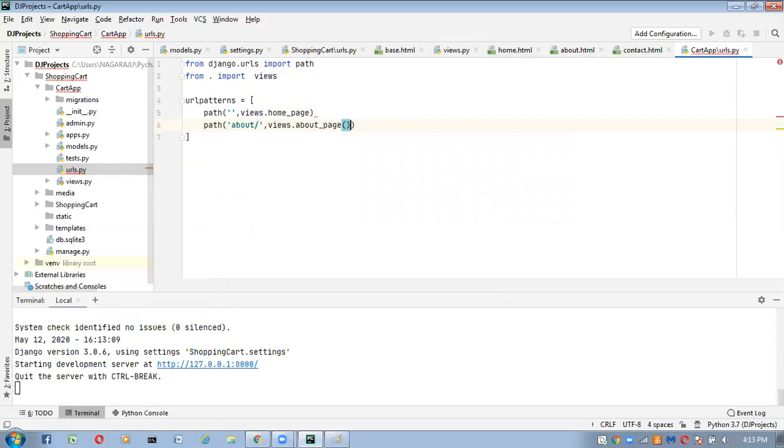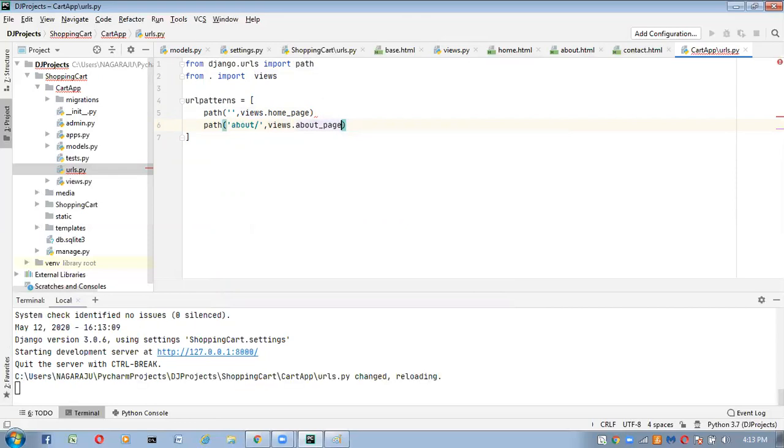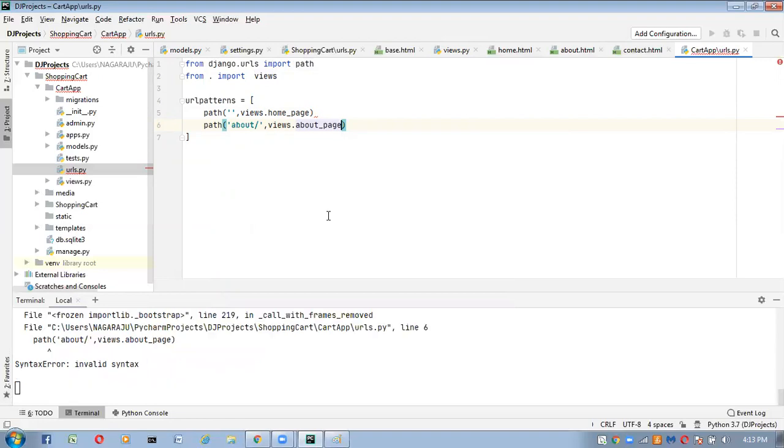Save this one. At the end, we have to take a comma. Don't forget to give the comma here.